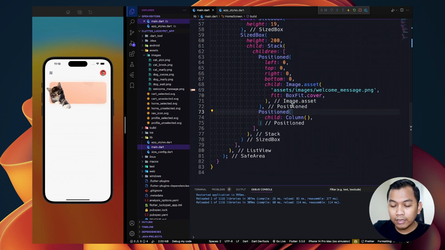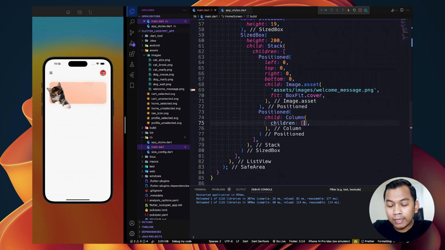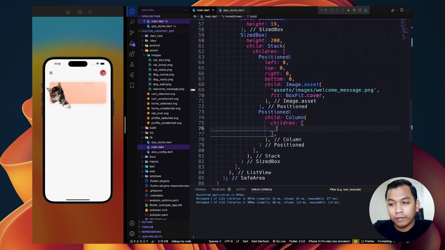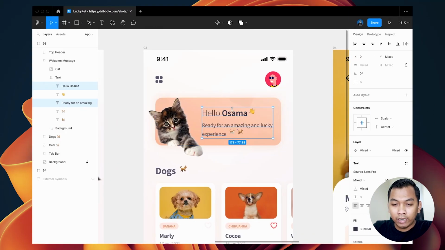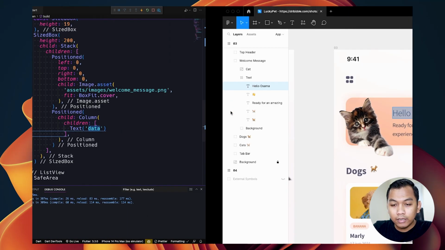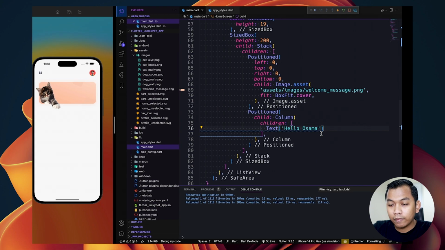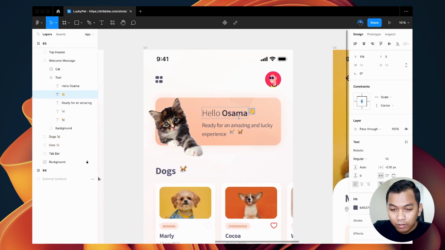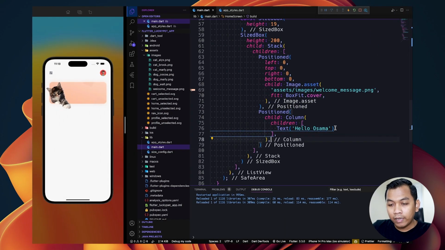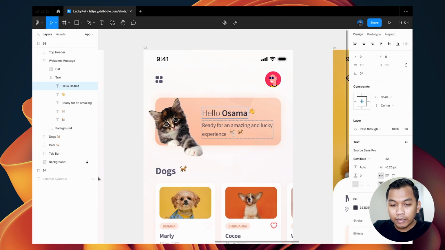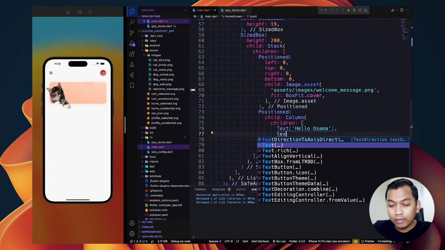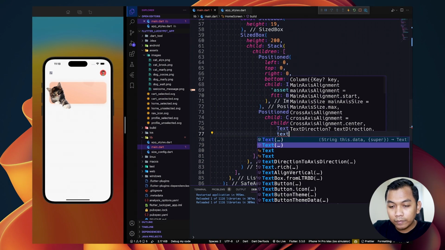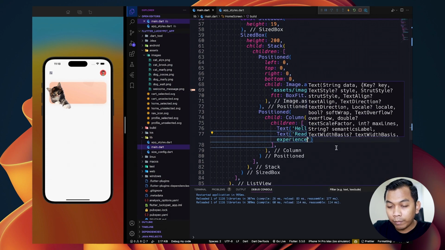Inside this column widget we can simply call children, and the first child must be a text widget. We can copy this and paste here. And the next step, we can simply add another text and paste here.